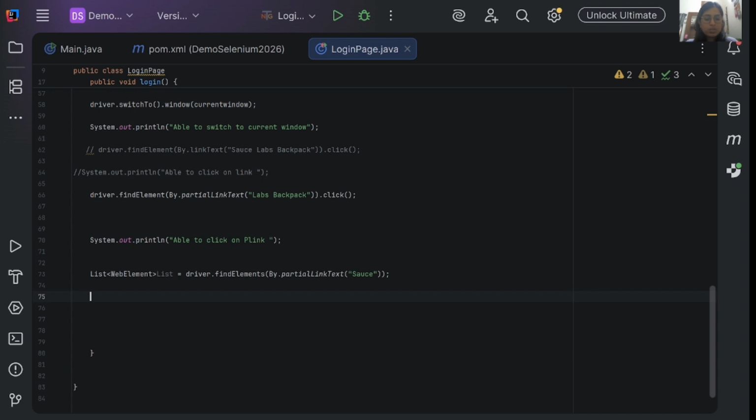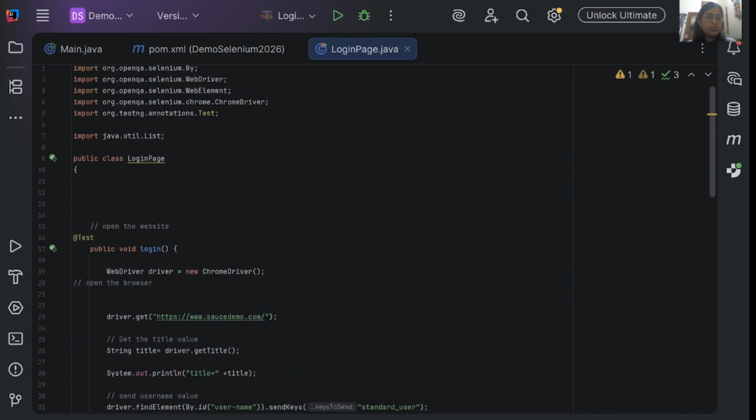Now let's print this. How can you print? You can say System.out.println list size, using the list.size method. It will print the size of this particular list, that is, how many links there are with the name sauce. So let's run it.